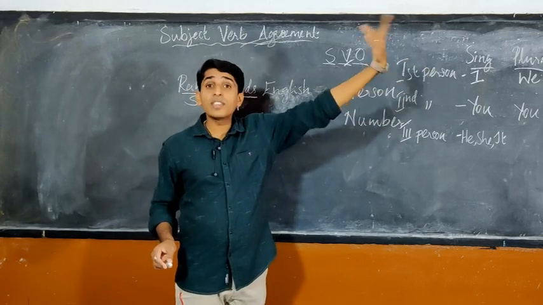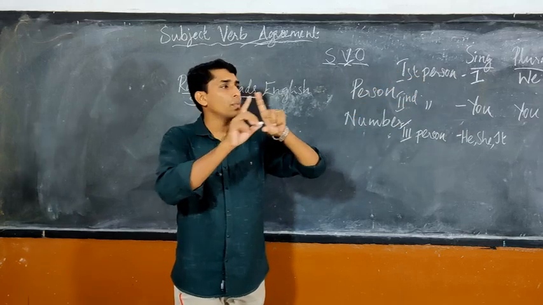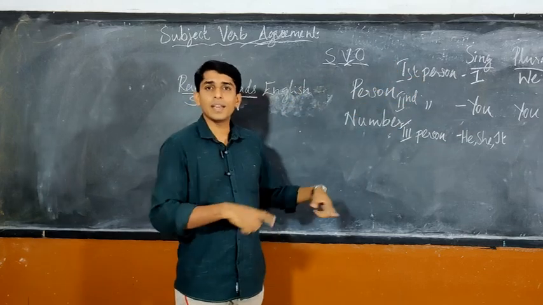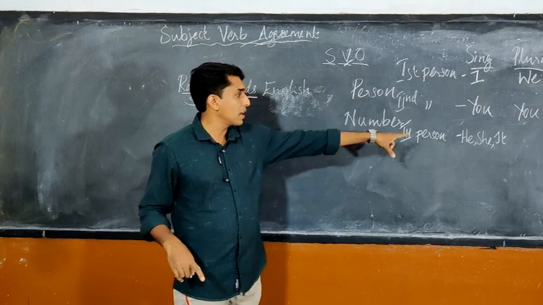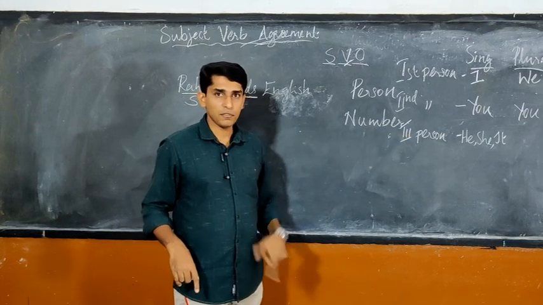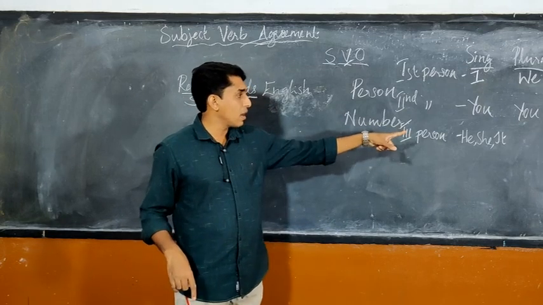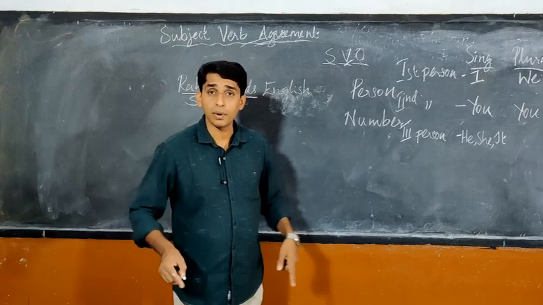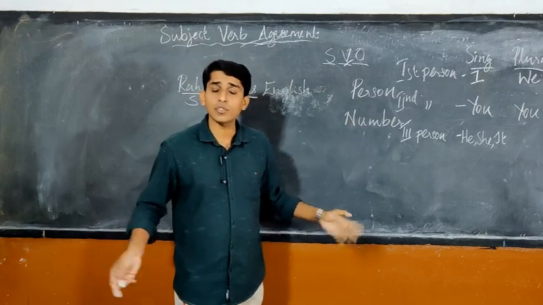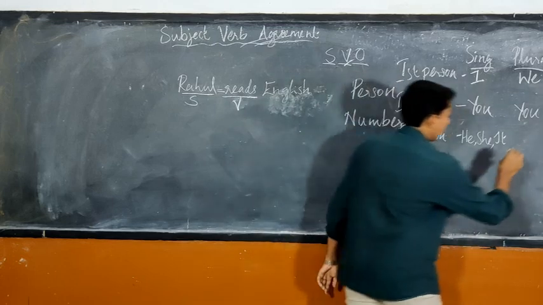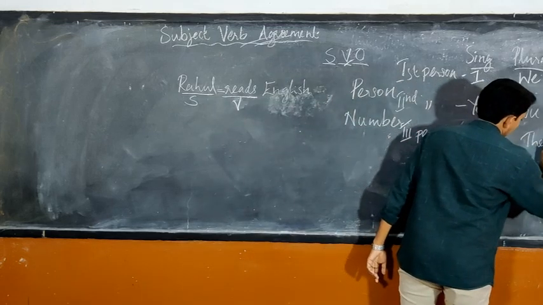If it is plural, instead of one boy, if there are many boys, or instead of one girl, she stands for a female person, isn't it? Instead of one girl, if there are so many people, or instead of one object, if there are so many objects, we call them together they.